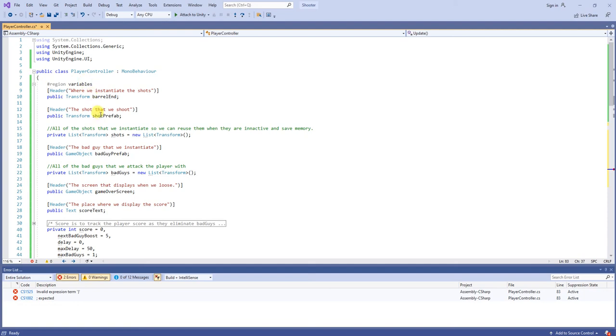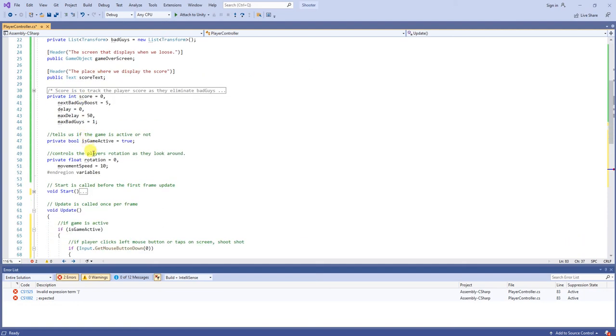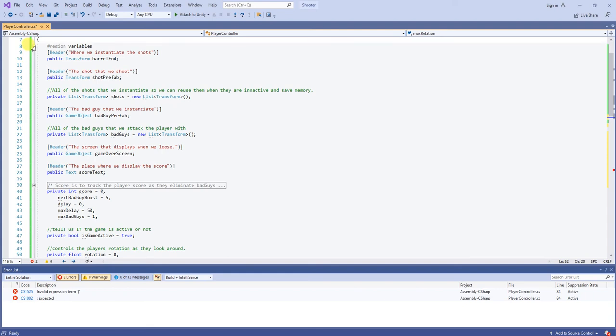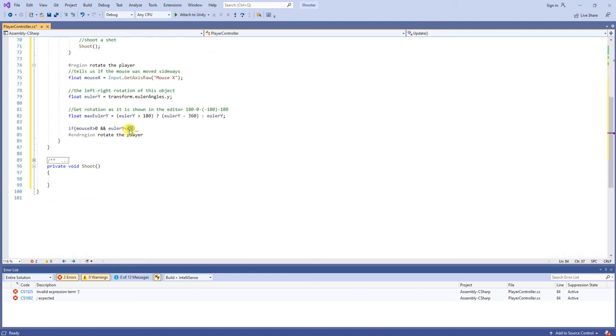Actually, let's go back up to our variables, up to our private float, and let's say max rotation equals 45. Pretty much saying that we cannot turn more than 45 degrees in one way. So now Euler Y is less than the max rotation,